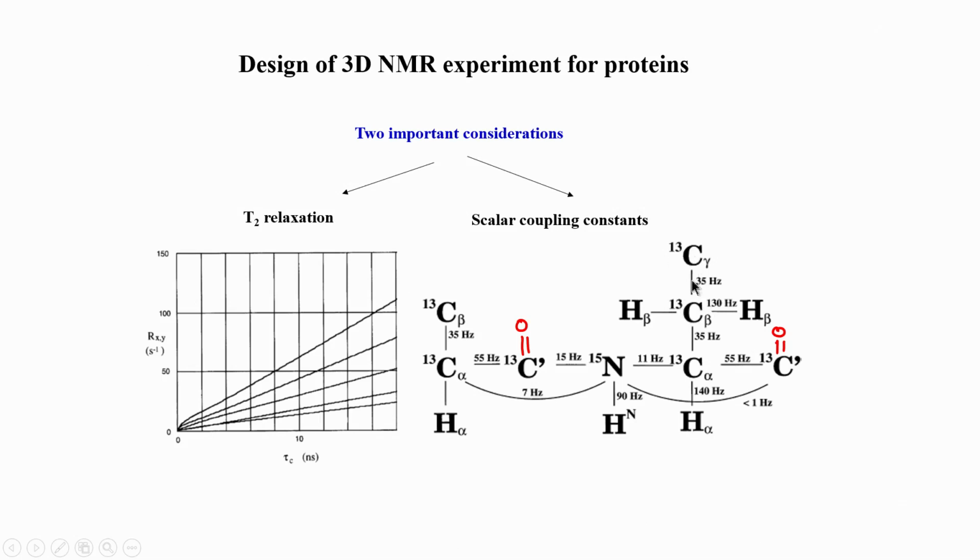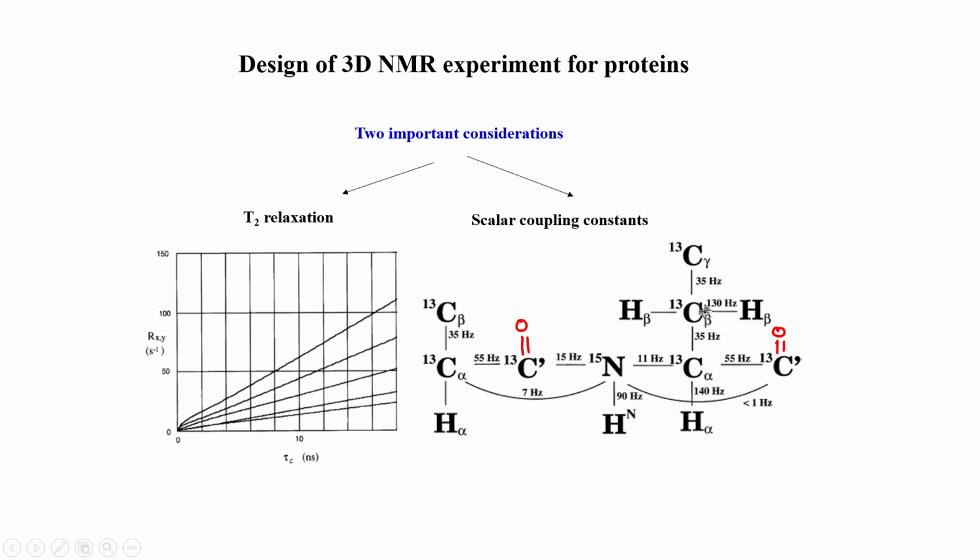So, that means it is not natural abundance, it is an enriched system. In an enriched system you will have these couplings present nearby, carbon-carbon direct one bond coupling, that is roughly around 35 hertz. Carbon to proton, which I mentioned in the 2D part, is around 125 to 140 hertz, again depending on whether it is a methyl or a methylene. In this case it is shown for a methylene group here. Now, the nitrogen to proton coupling is 90 hertz.